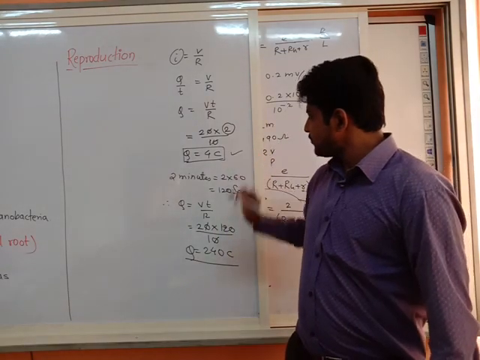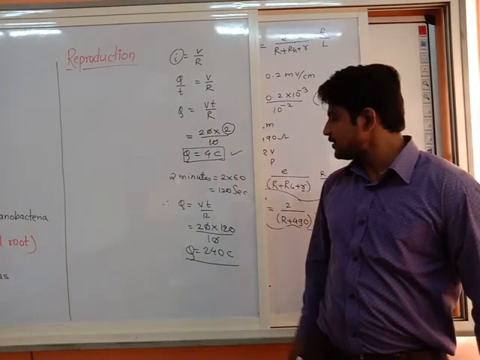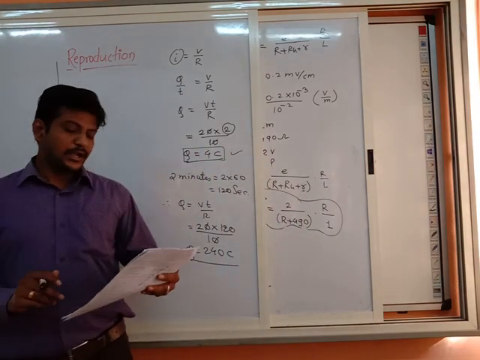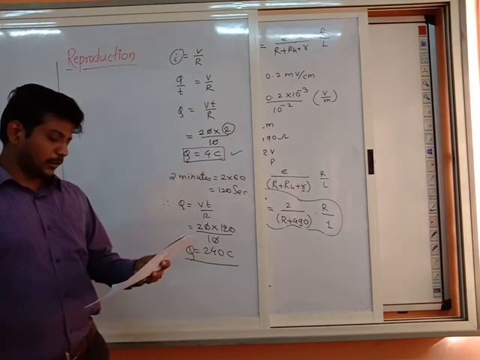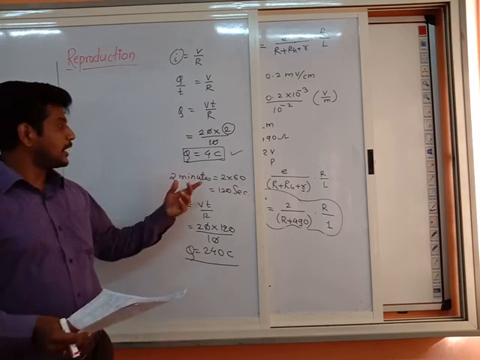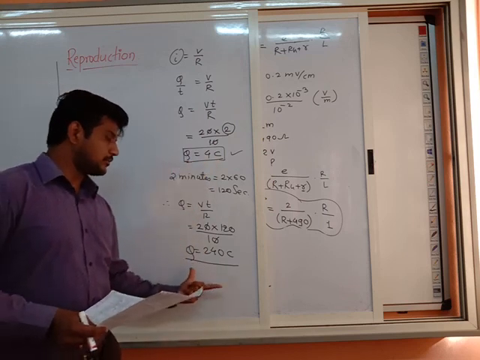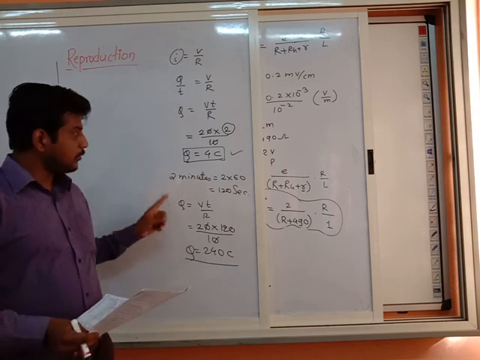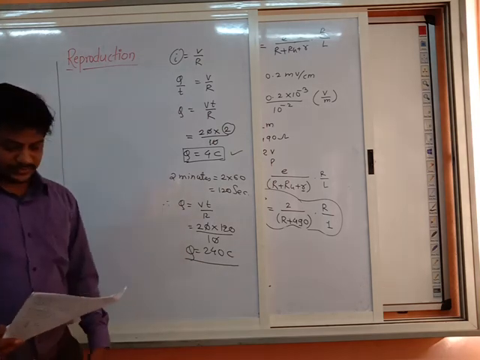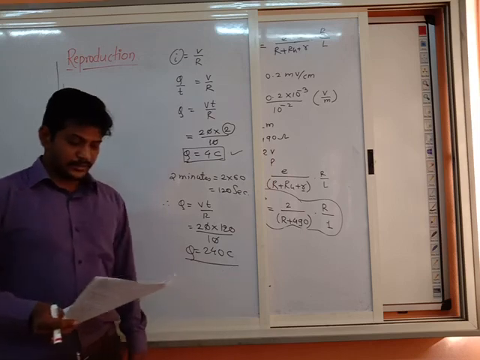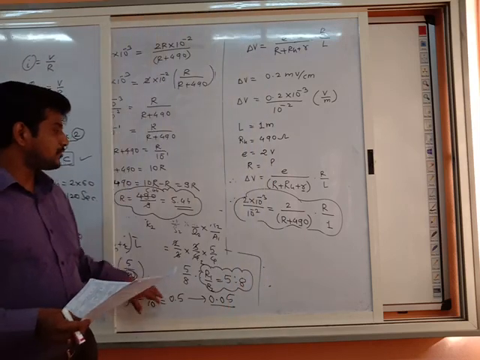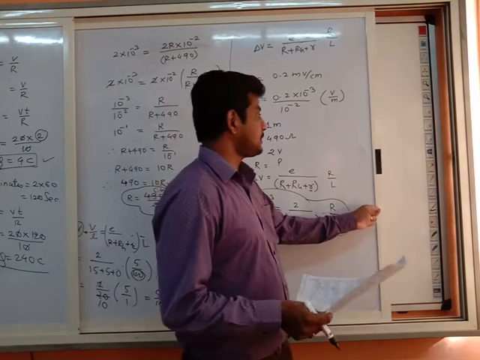In minutes it is 4. In seconds it is said to be 240 coulomb, because they have given options directly in coulomb. They have not asked here whether to convert it from minutes to seconds. So we have calculated for minutes also, we have calculated for seconds also, and they have given the option 240 coulomb, means they have converted minutes into seconds. So option A is the correct option. Okay, so we can stop here. Next MCQ we will see in the next video. Thank you.